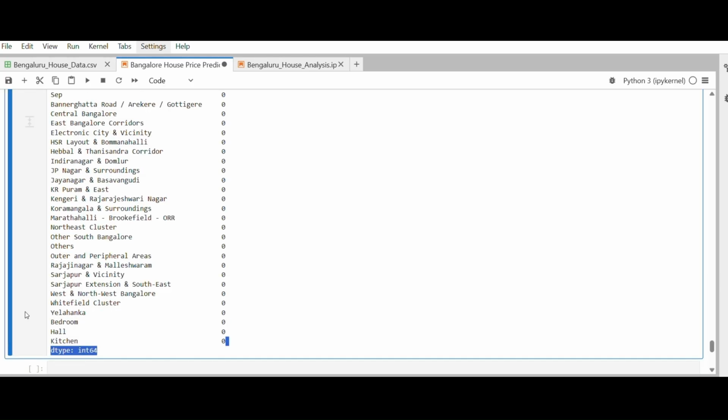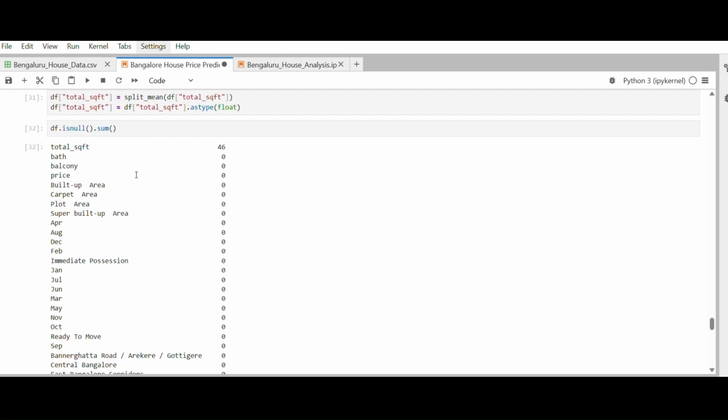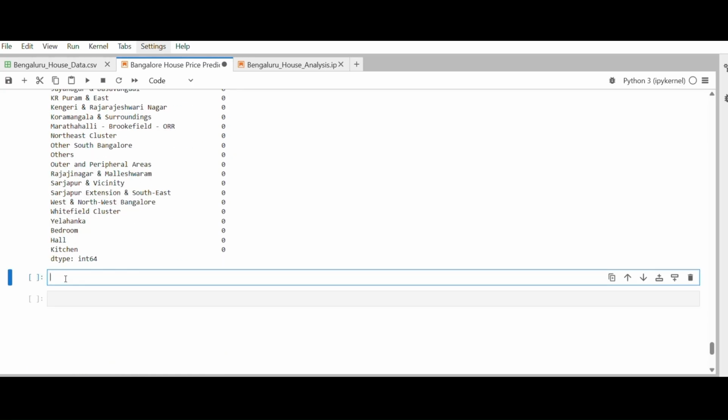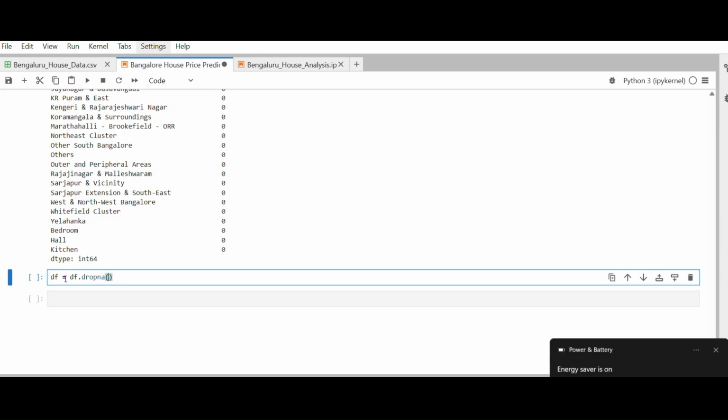Yeah, now it's cleared. Yeah, and we also can see 46 null values in total square feet. For this, we have to remove it, correct? df equals to dropna, subset equals to total square feet. This is the syntax of dropping